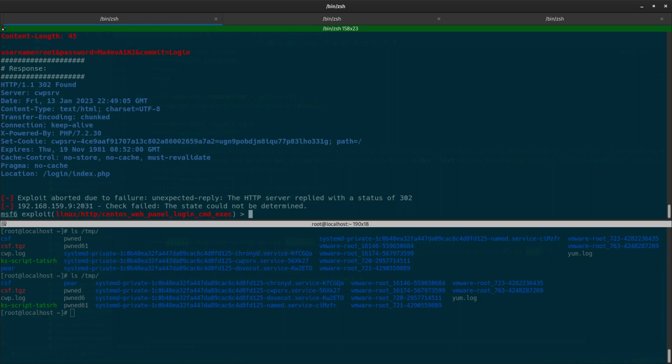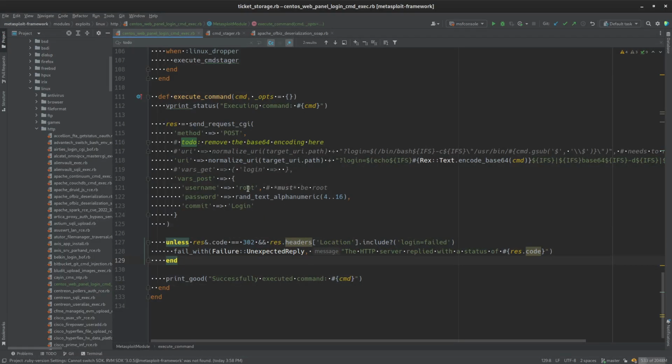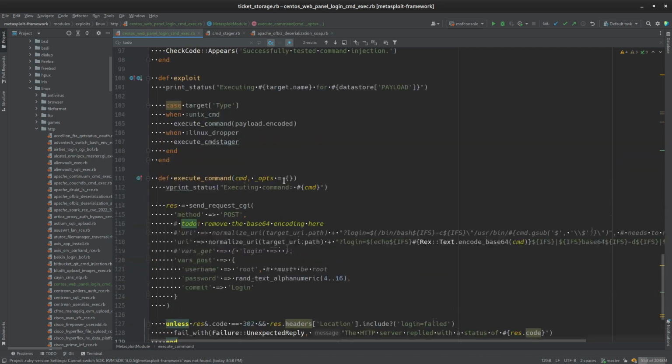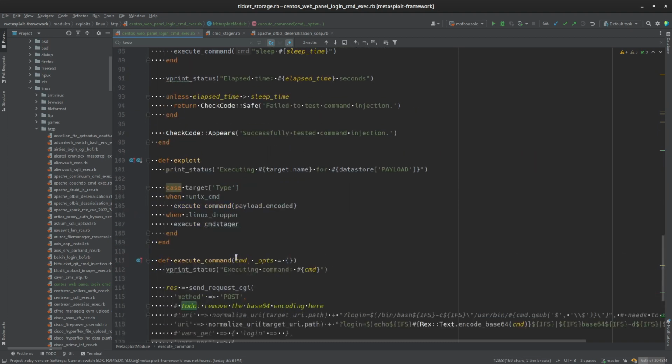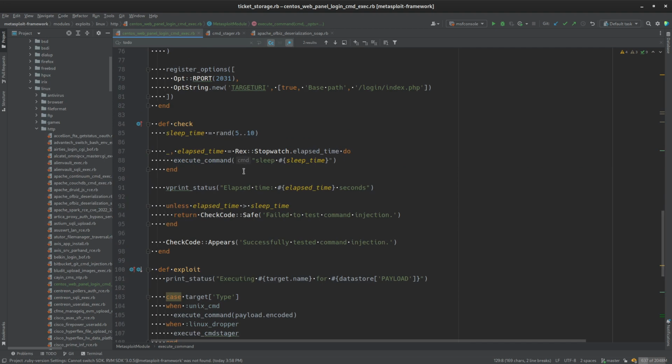What about the true negative? Perfect. The true negative is also correct. We got an unexpected reply. The state cannot be determined. Oh, okay. So this is actually where we got to catch that. Let's see here. You would want to include that in with the command stagers. So yeah, we're going to end up having to